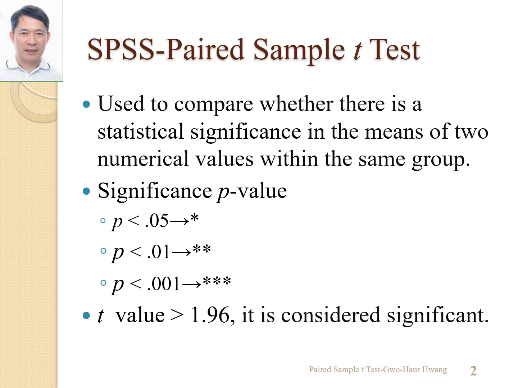a statistical significance. For example, when comparing the weights of a group before and after weight loss to see whether there is a statistical significance, or comparing the grades of a group before and after a class to determine whether there is a statistical significance. Similarly, the scores of the same group in Chinese and English can be compared to see whether there is a statistical significance. In these situations, one group has two sets of data to compare, which we call paired or dependent